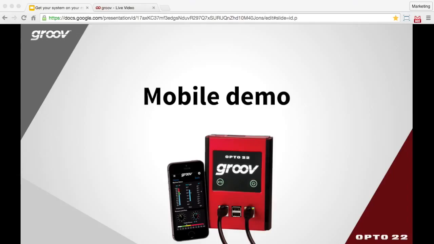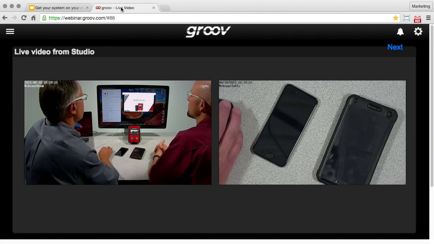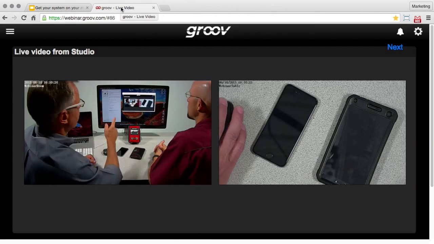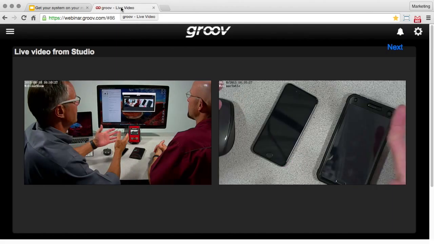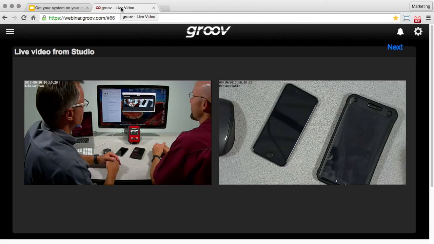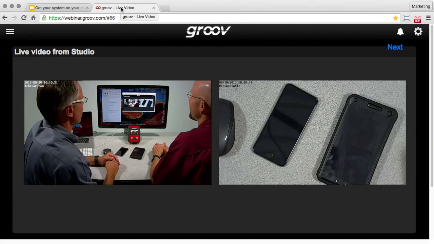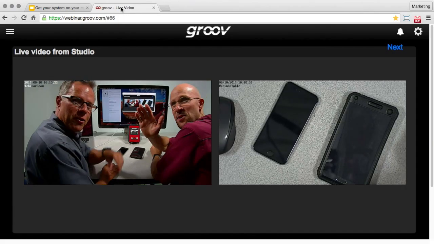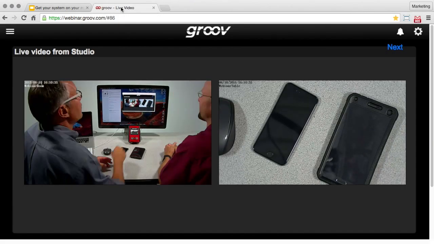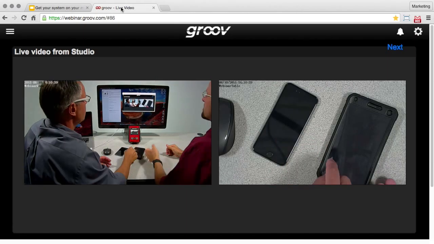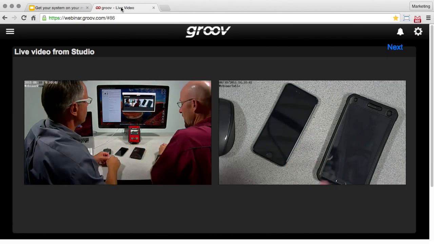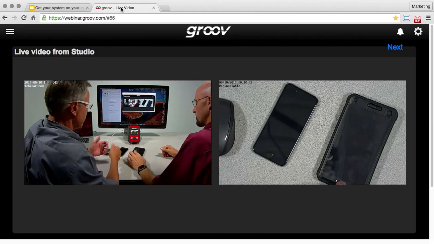Let's just jump in. Okay, so I'm going to switch browser tab windows right here, and there you can see we're actually using Groov to demo Groov. That's right. So Groov supports live video, so that's what you're seeing there. We got one camera here. G'day everyone. Hello everyone. And we have another camera directly above us right here that's shining down on these two mobile devices. So what I'm going to do is log into my mobile device and show you exactly what Groov